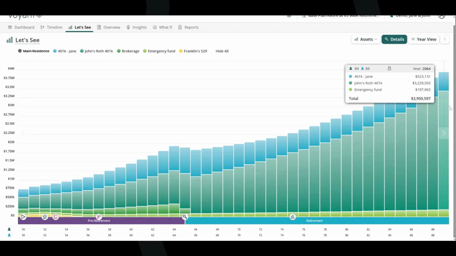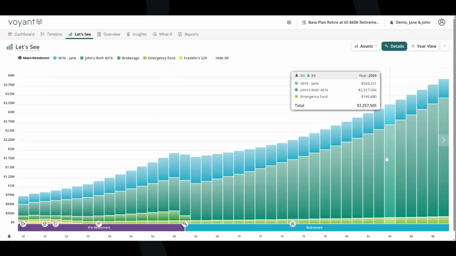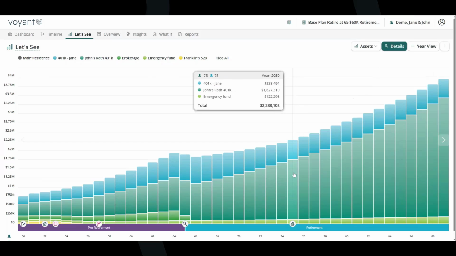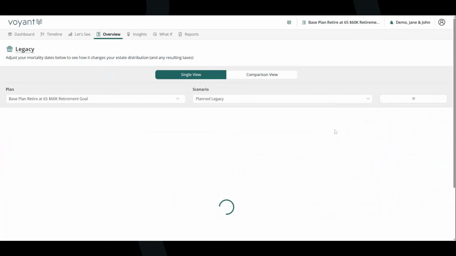Is that something that they want at the end of this plan? Do they want to leave that to their son, or do they maybe want to look at some other options for better utilizing this money throughout their retirement? So this is, again, some more open-ended questions that can be proposed to them while we're looking at these different charts. And we can even go to the legacy section via Overview Legacy,